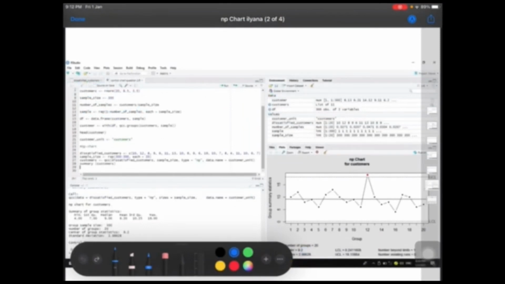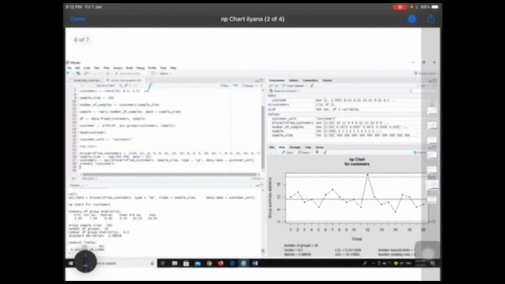Okay, next we need to run this code. So customers are known, so this 120 is our group sample and 8.5 is our mean, and this one is our standard deviation that we get from the calculator. So for the sample size, we have 300 because we know from the question that we saw 20 samples of size 300, so the sample size is supposed to be 300,